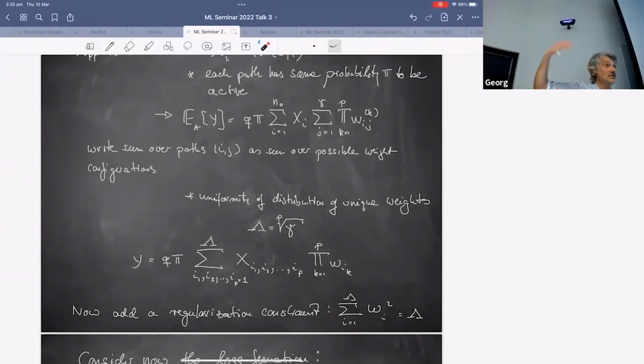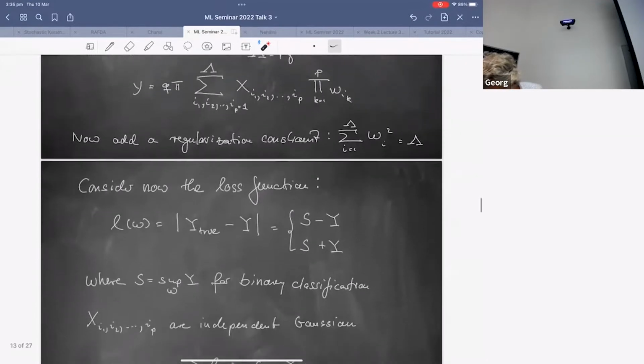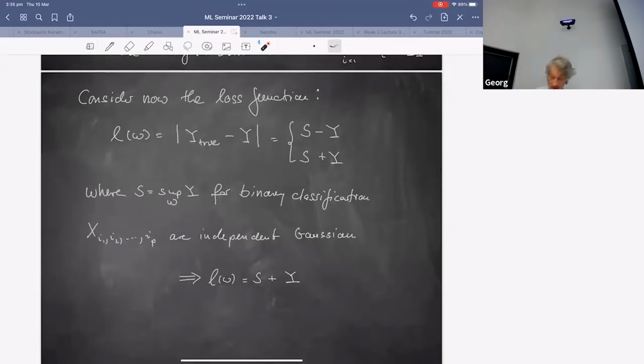Okay, and you can just say, well, in a network, you would do that by regularization, by just saying that the norm of your weights squared is bounded, equal to lambda. Okay, so that now tells us that under lots of assumptions that may or may not be realistic, we can convert a deep p-layer neural network into a p-spin spherical spin glass model. And now we need to relate it to the loss function.